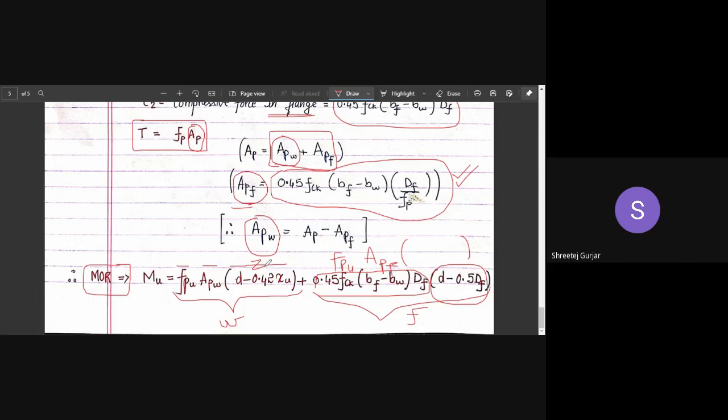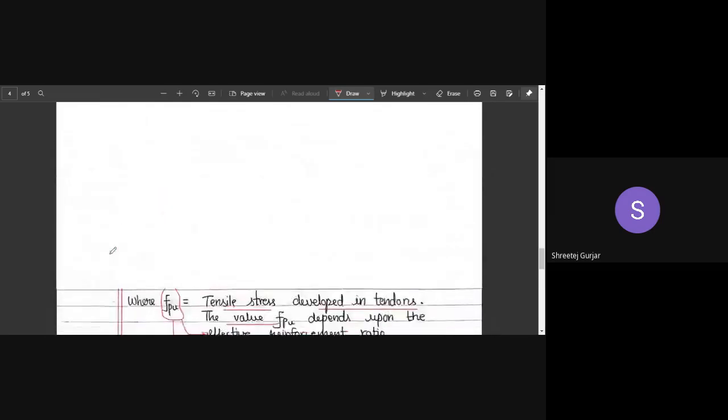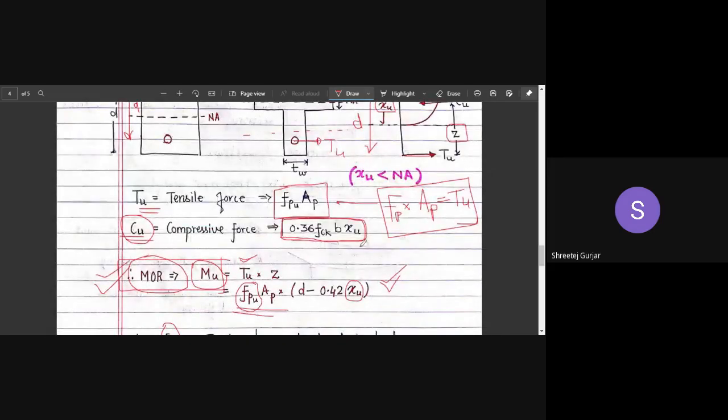So these particular formulas are very important. So this formula you can note down. And then the first case formula, moment of resistance for the first case. This is also very important. Okay, using these two particular formulas, we will be able to find out the moment of resistance of any type of PSC member, prestressed member, whether it is post-tensioned or pre-tensioned, any number of cables, or whether it is I section, T section, rectangular section, any section. Okay, we will be able to find out the moment of resistance.